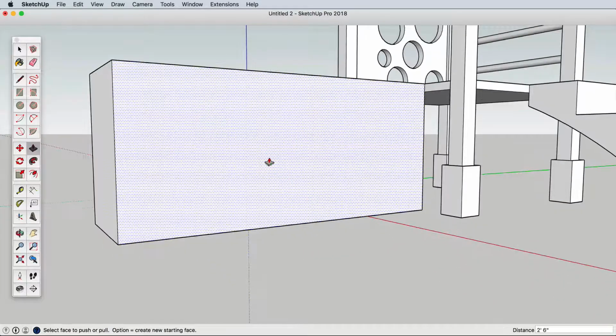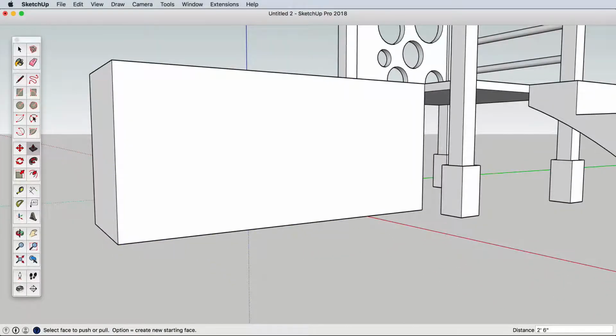Create a 2-point arc using the corner of the box and this intersection inference point. Keep your arc inside the box edges,